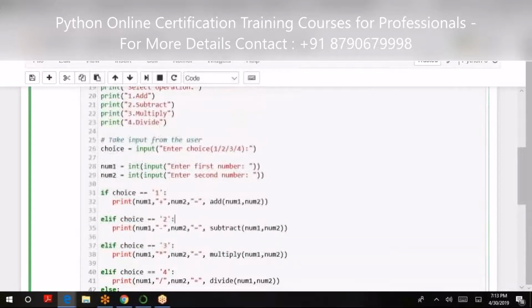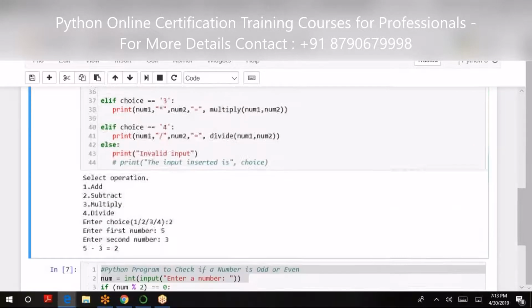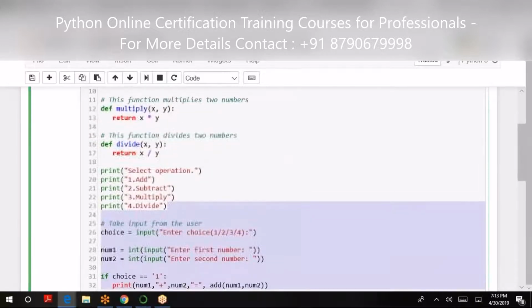It is good. Let's continue. So I guess we are quite clear over here that the choice selection we have accepted using the if else loop over here.